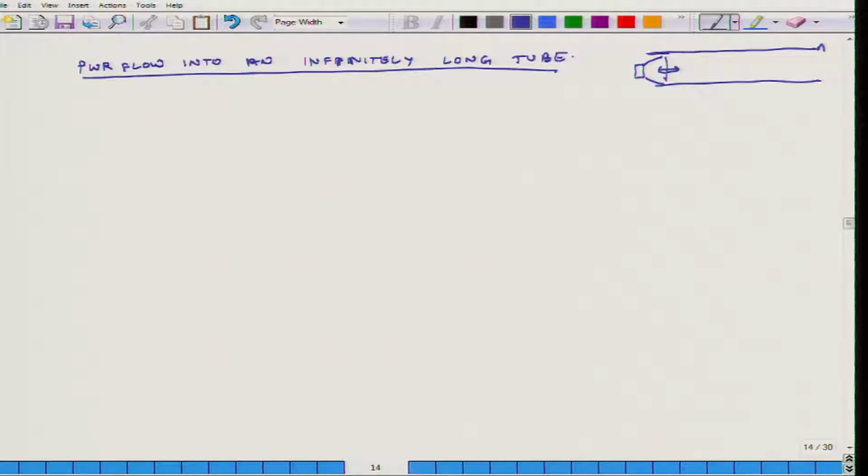This is my tube which is infinitely long, and I am interested in finding out how much power flow is happening in this tube. Here x is in the positive x direction, and x is equal to 0 at this location,